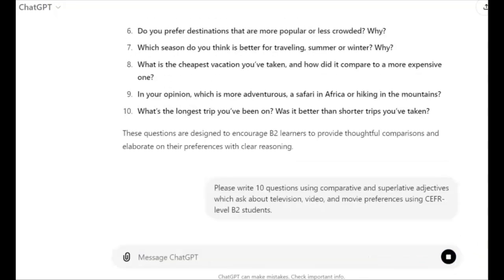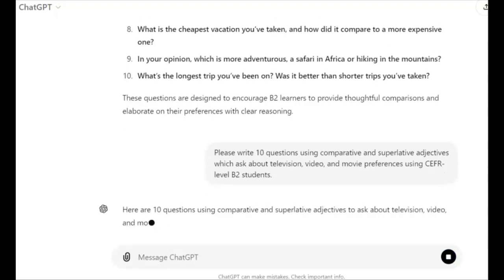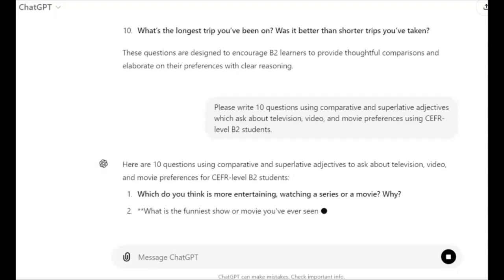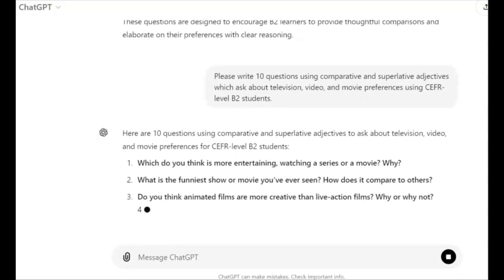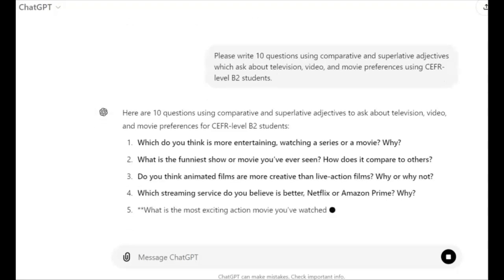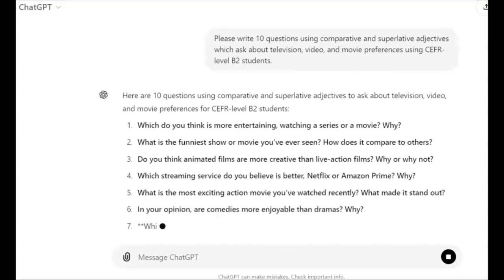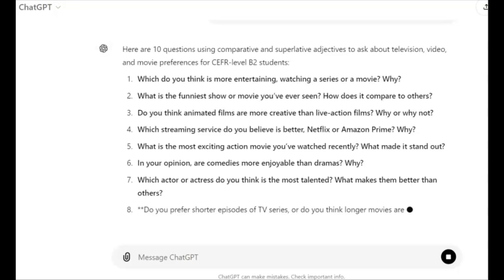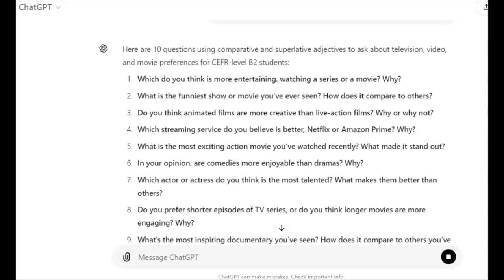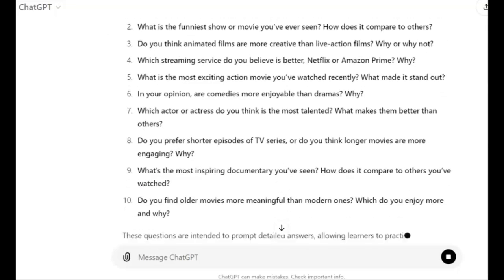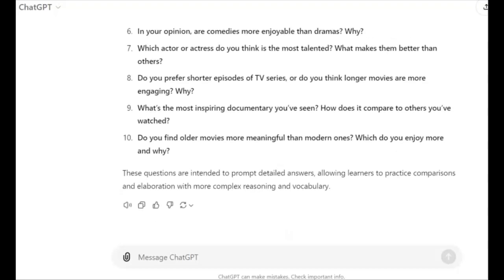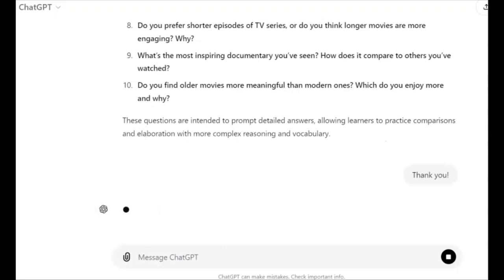And this will allow me as a teacher to provide students with more, let's say, tailored content and more of a variety of it as well, because I could ask it for 100 different questions and ask it to include every example of superlative and comparative adjective in English. And so this is just a super quick way to provide a teaching assistant level of